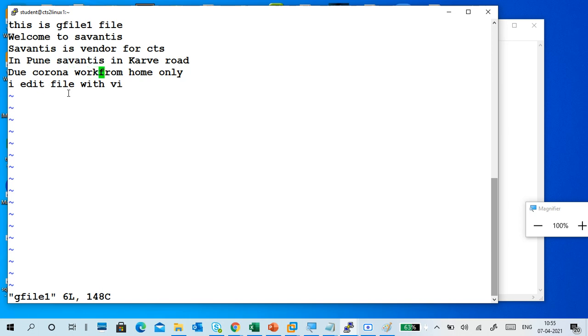Second, where I am now is in this line, at K. Clearly see that picture. I'm pressing the I button.